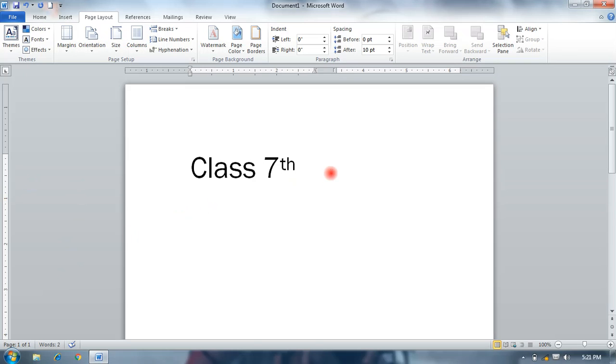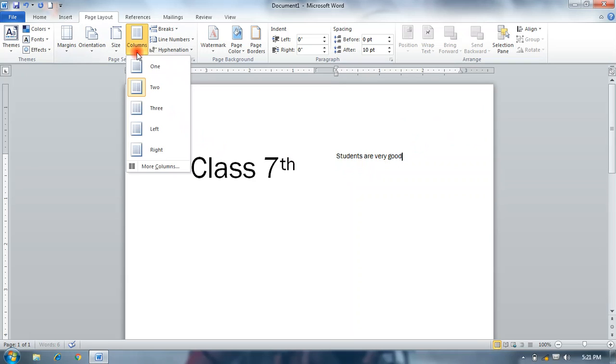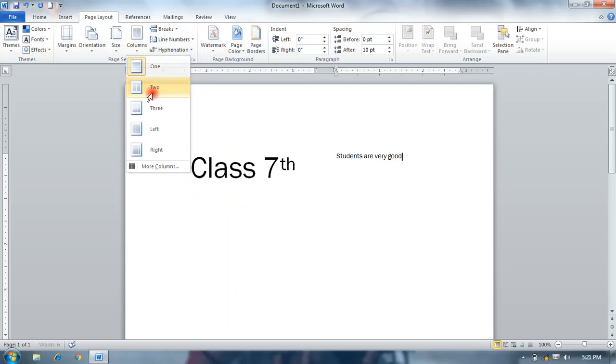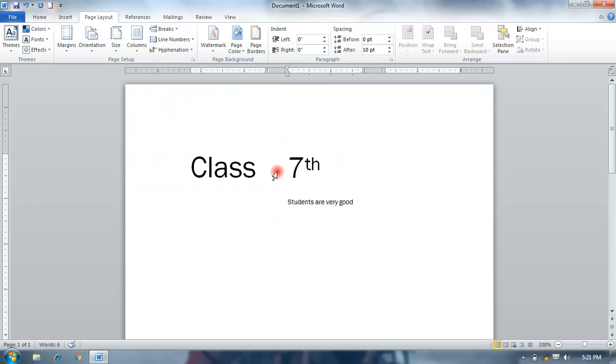So you are typing in the second column. Okay, if you select one again, so this is in one column. Okay, if you select two, it is two columns, and three is three columns.